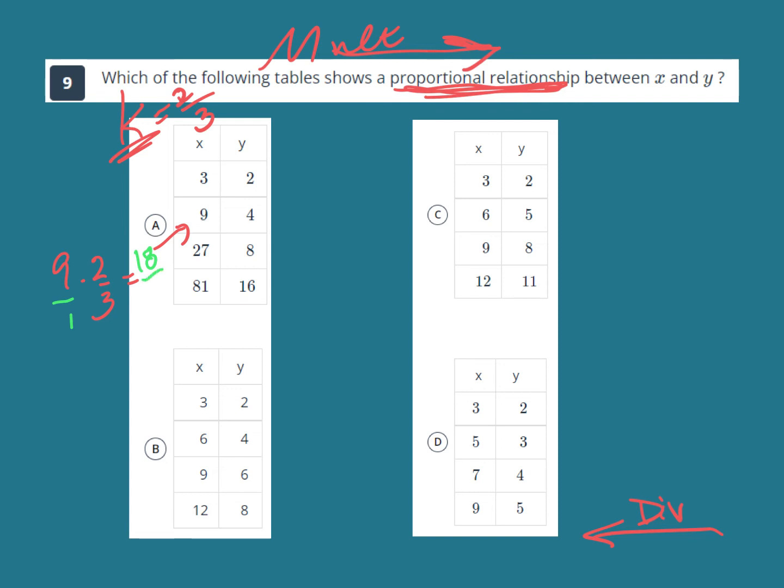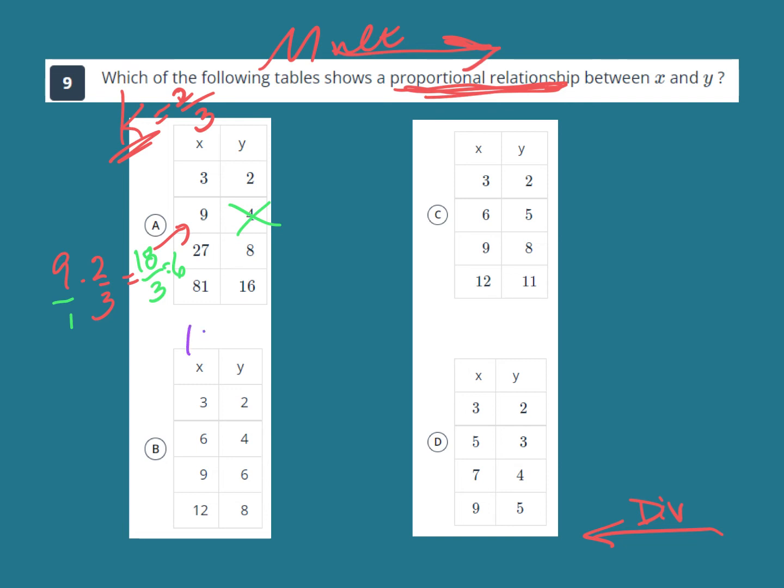1 times 3 is 3. 18 divided by 3 is 6. So that is not this one, right? You see what we did there? Let's go down here. Again, k has to equal